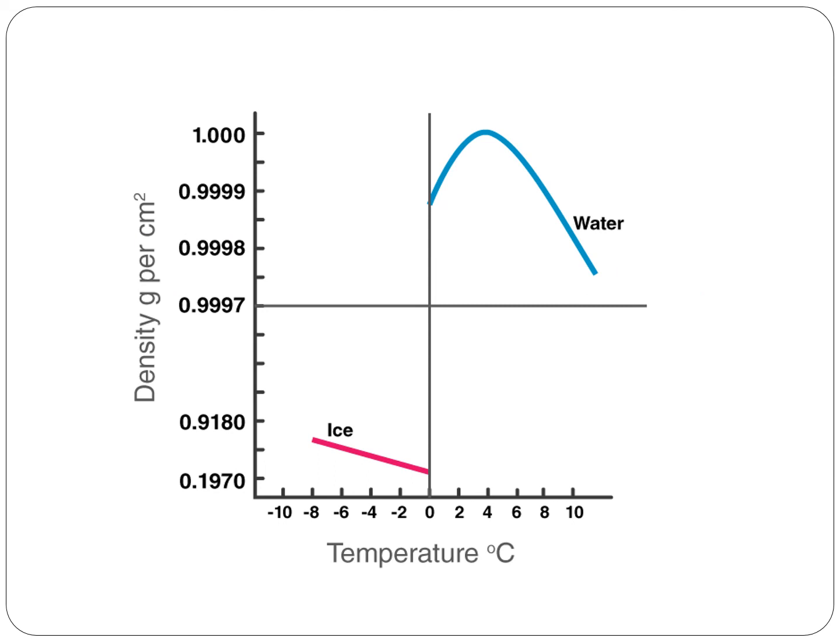In this graph, on the x-axis we have taken temperature, and on the y-axis density in gram per centimeter cube. Initially, as the temperature increases from 0 degree to 4 degree centigrade, the volume of the water decreases and the density increases. But after 4 degree centigrade, the volume of the water starts increasing and the density of water decreases.